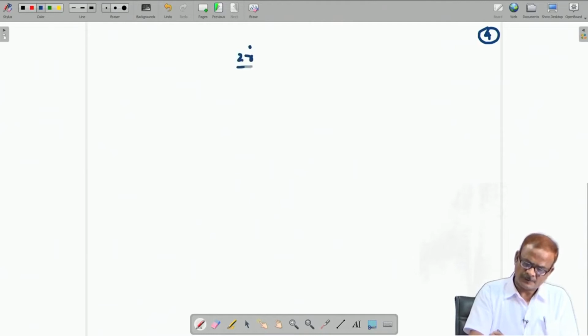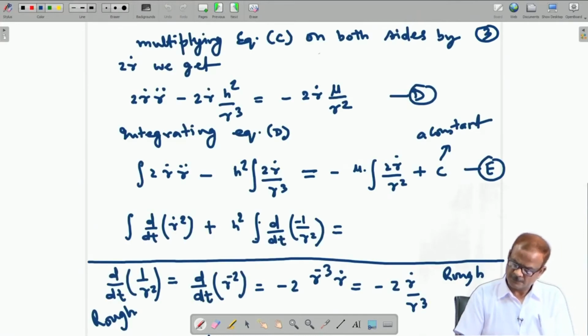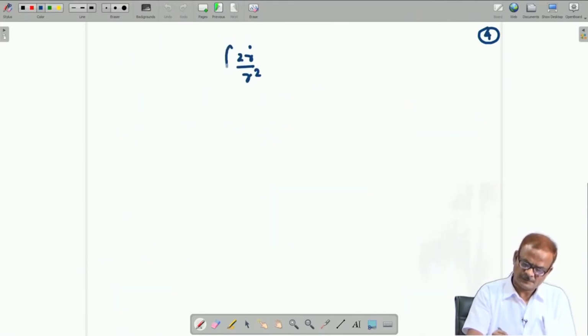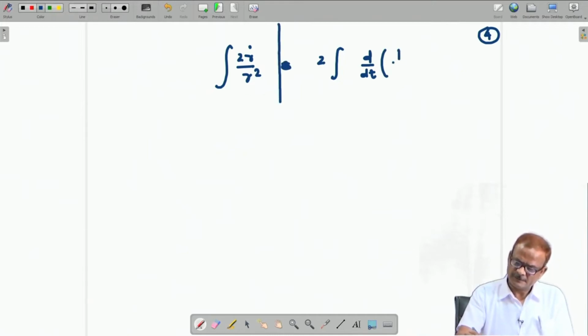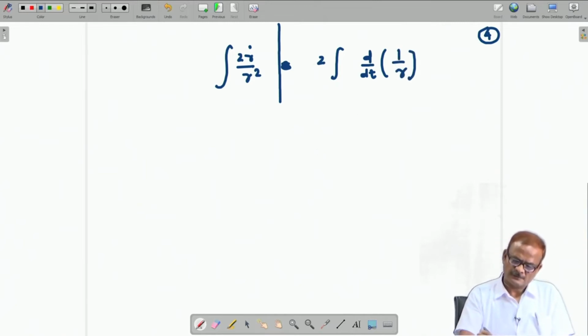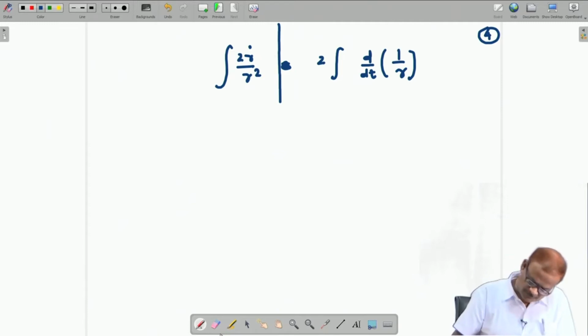2 r dot by r square, 2 r dot by r square, this is integration. So, we take 2 outside. If we write d by dt, okay, forget this. If we take the quantity 1 by r here, d by dt 1 by r, okay, this 2 also will remove,